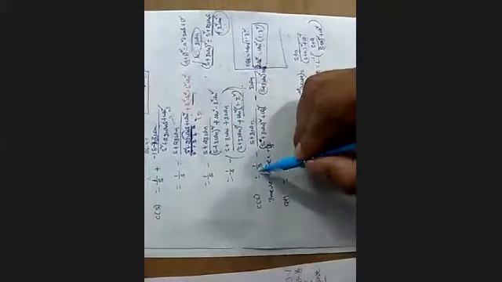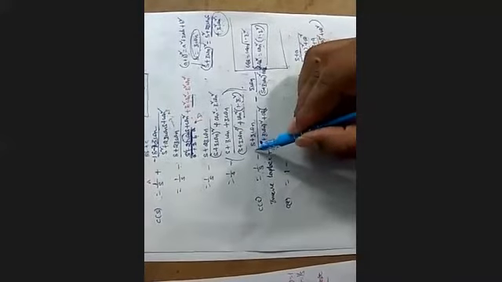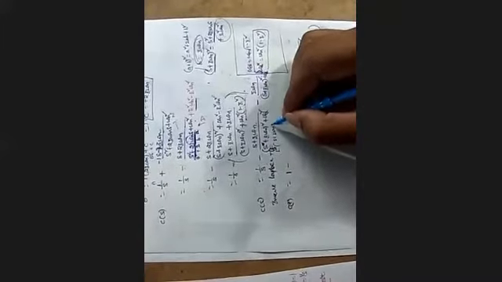Applying the Laplace inverse transform on both sides, the Laplace inverse of C of s is nothing but c of t. Laplace inverse of 1 by s is nothing but 1. And the Laplace inverse of (s plus zeta omega n) by (s plus zeta omega n) whole square plus omega d square,